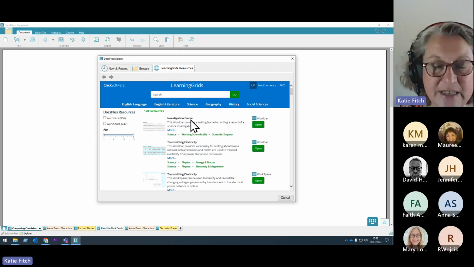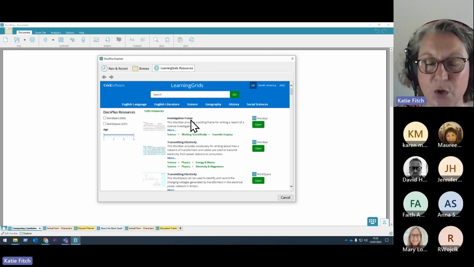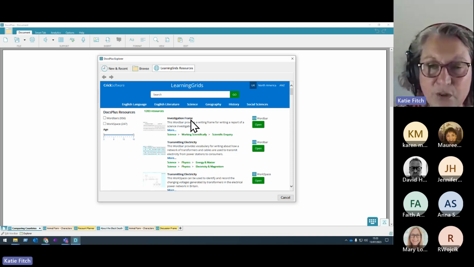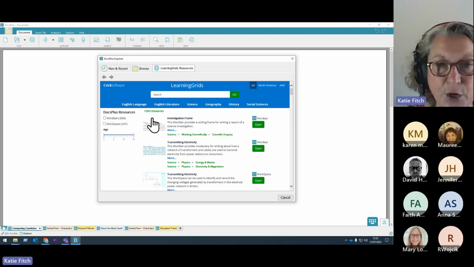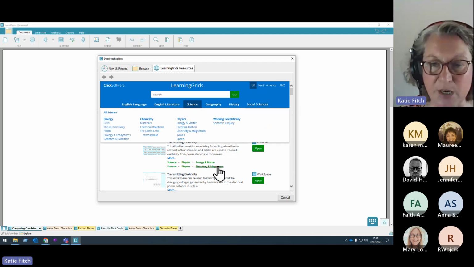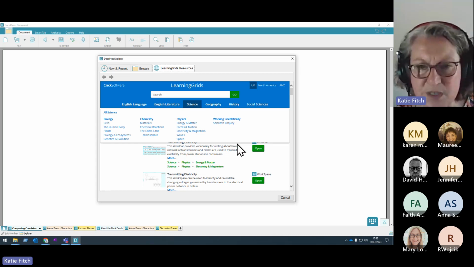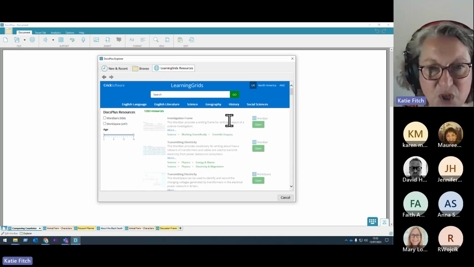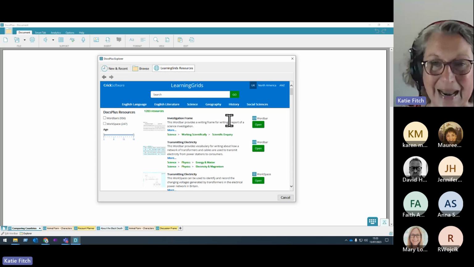that's called Learning Grids. Now, it's worth saying this afternoon, I'm showing DocsPlus on my laptop. You can also access DocsPlus on PCs, Chromebooks and iPads. But this afternoon, what you're seeing is my laptop screen. And what we're going to look for in Learning Grids, as you can see, all of the different curriculum areas tabbed along the top. So as a teacher, I can simply go into my curriculum area and find all the different topics and themes that I might be looking to support my students' writing, or in this case, planning for